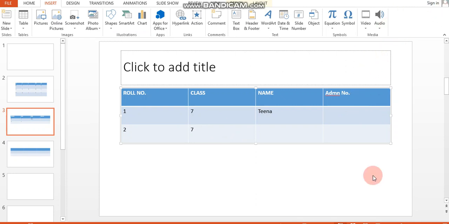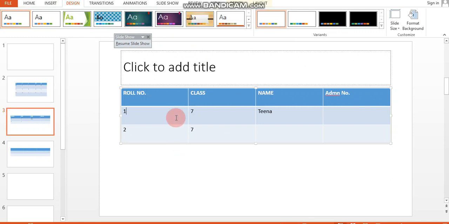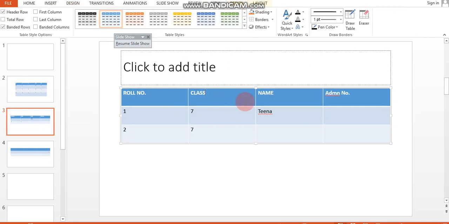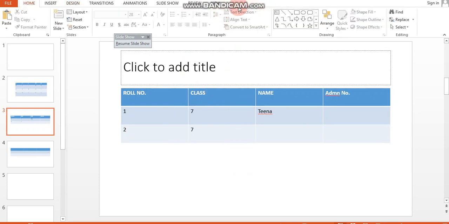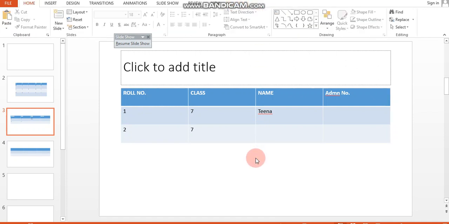One more thing you can understand is the design, as the designs are here for your table. These are all the slide design layouts. When you click on the table, where I'm clicking here, two tabs appear when you select your table. See, after view, the design tab and layout tab. So this is regarding the table only. When you click outside the table, after view there are no more tabs.